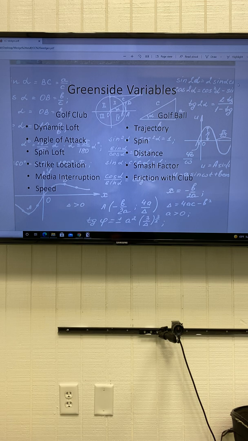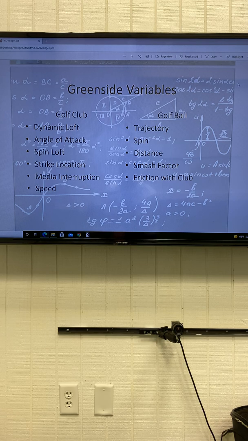What that does to the golf ball, all those things are going to add up to produce a trajectory, a spin rate, a carried distance. The things you're looking at there, the smash factor would be relative to the strike, and then friction being the big one that we need to consider right now. The friction piece is why your golf ball is going too high and distance is